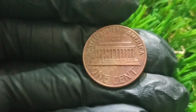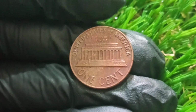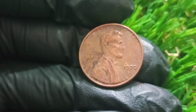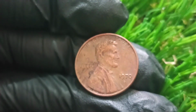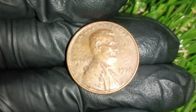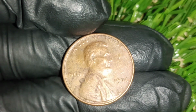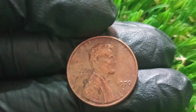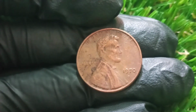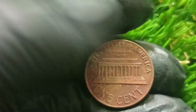And some numismatists even believe that this specific coin was part of an experimental batch intended for internal testing that accidentally got mixed into the standard coinage and went unnoticed for decades. And the presence of die gouges in unusual places, specifically beneath Lincoln's collar and behind the Lincoln Memorial on the reverse, suggests that the dies used to strike this coin were either defective or damaged, which adds yet another layer